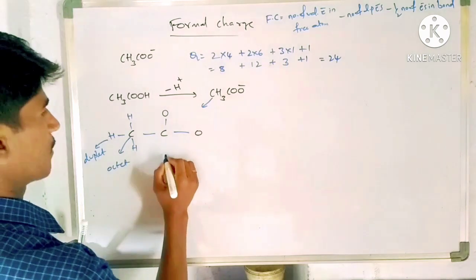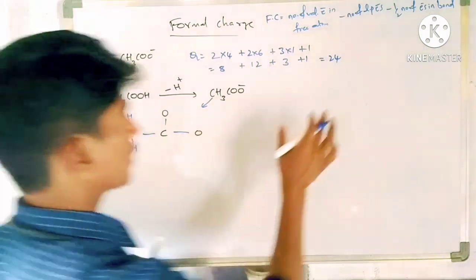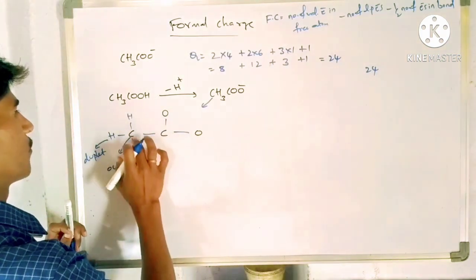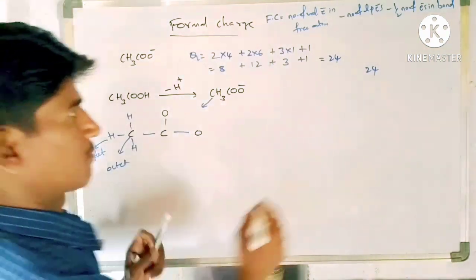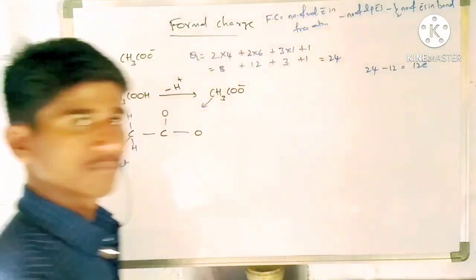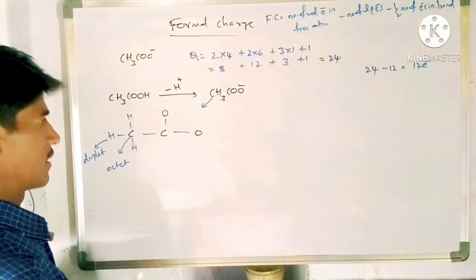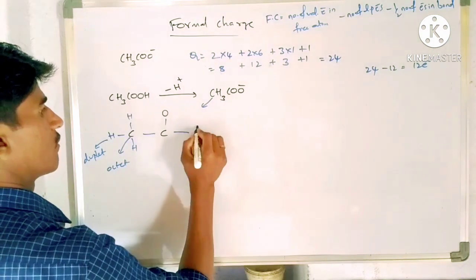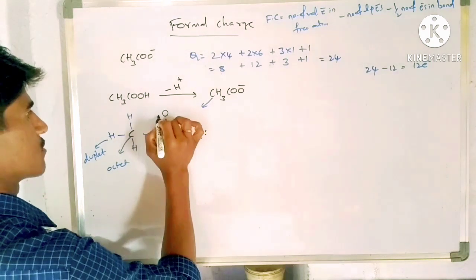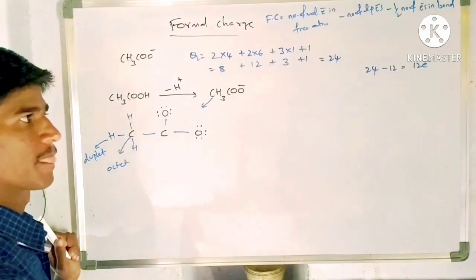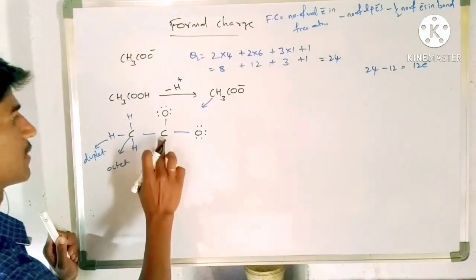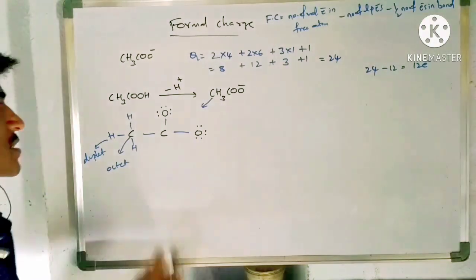Okay, this carbon. Now here the total number of electrons is 24. How many bonds does it form? 1 2 3 4 5 6, 6 bonds are formed. 6 bonds means 12 electrons, so 12 more electrons we have to fulfill here. To stabilize this oxygen, we add 1 2 3 4 5 6 7 8, stable. For this one also 1 2 3 4 5 6 7 8, it is also stable, but this carbon is not stable.